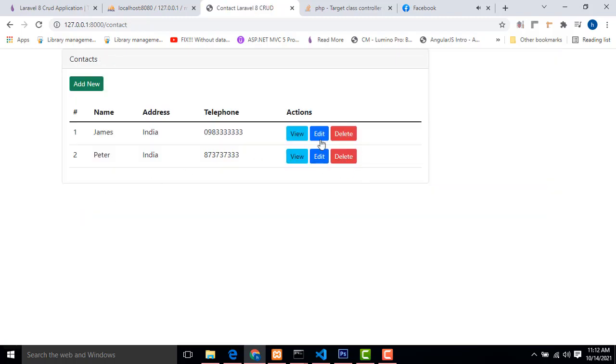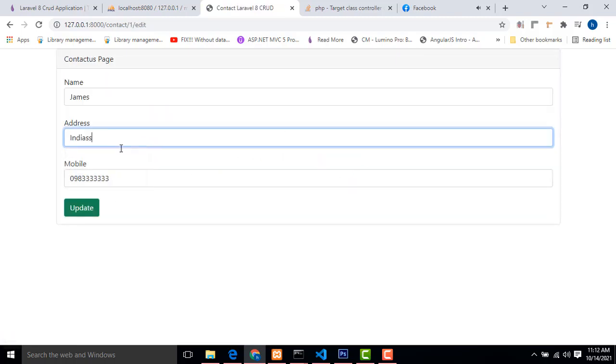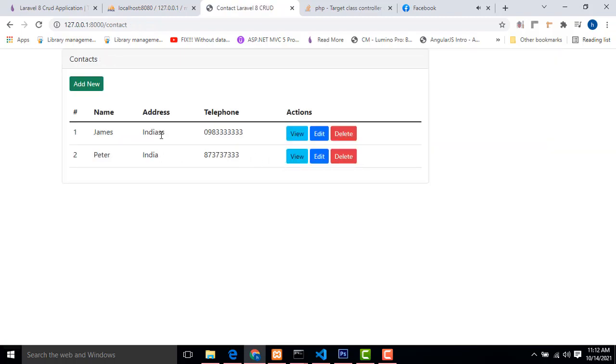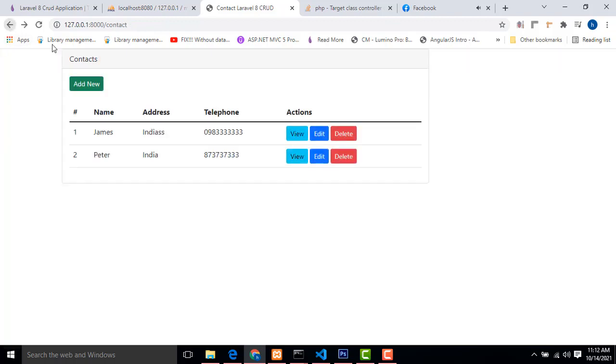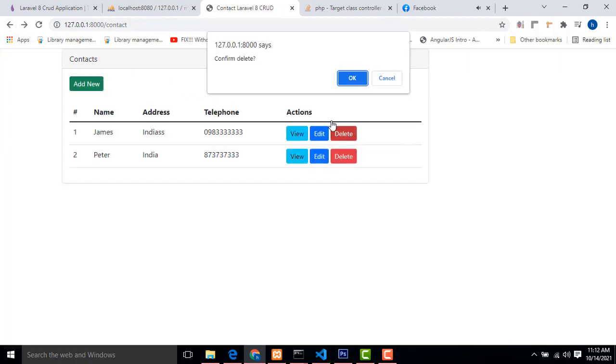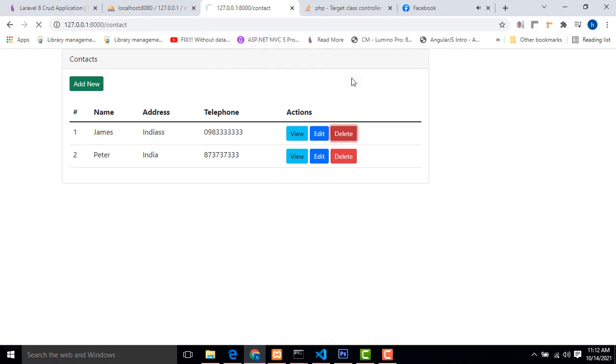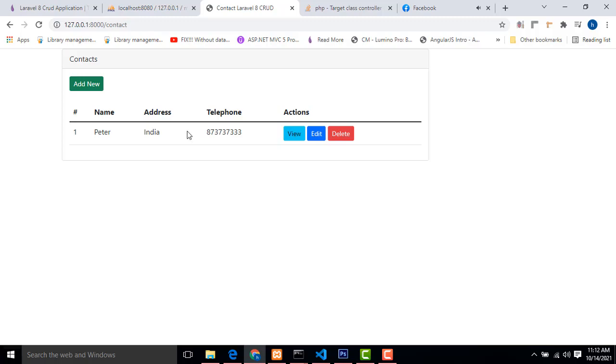It's working. If you want to edit the record, click on the edit button and you will be able to edit. It's edited successfully. You can view the record. If you delete the record, it asks for a confirm message. Confirm delete, and if you click okay, the record has been deleted. It's working perfectly well.